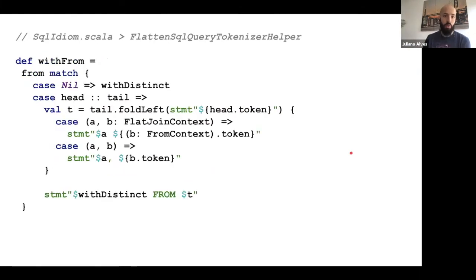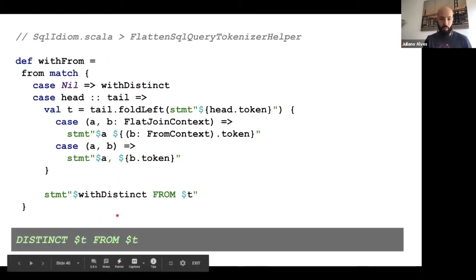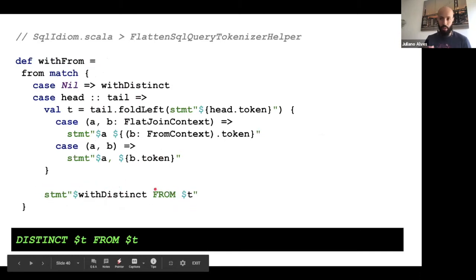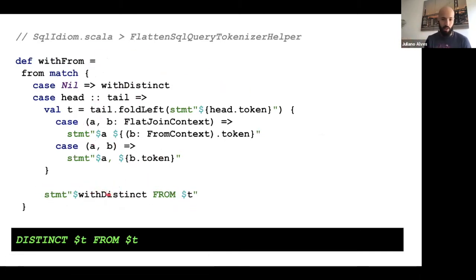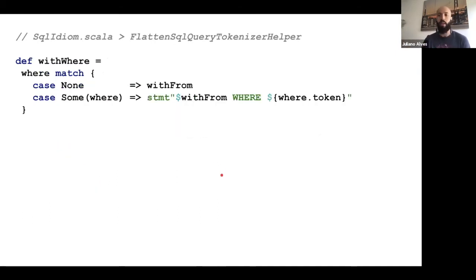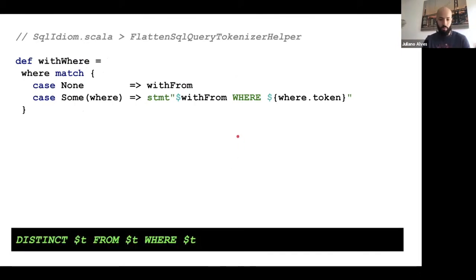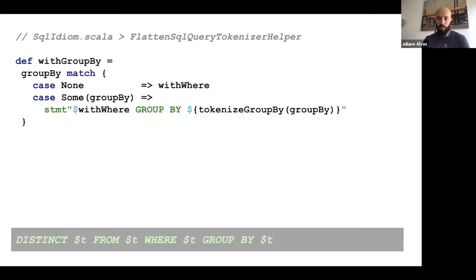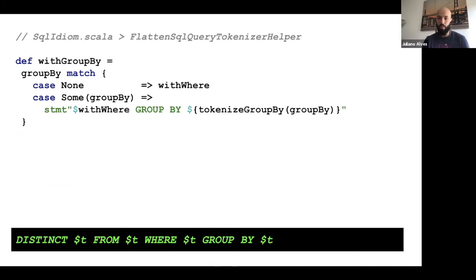So we have that, and you have something else to keep going. The next one would be from. And let's not focus on the proper pattern matching. Let's say we have some value in it, meaning that we will generate another statement here, right? We are accumulating those statements, as you can see, with distinct as the previous one, and it keeps going. The next one, obviously, would be where, and we have a where condition, right? So when you generate that where with our where token, we have that. The next one with group by, we have the group by token. Nice, that's what we have at that point as well.